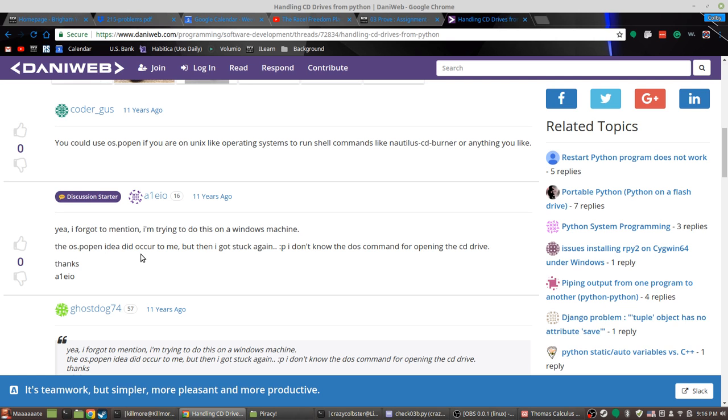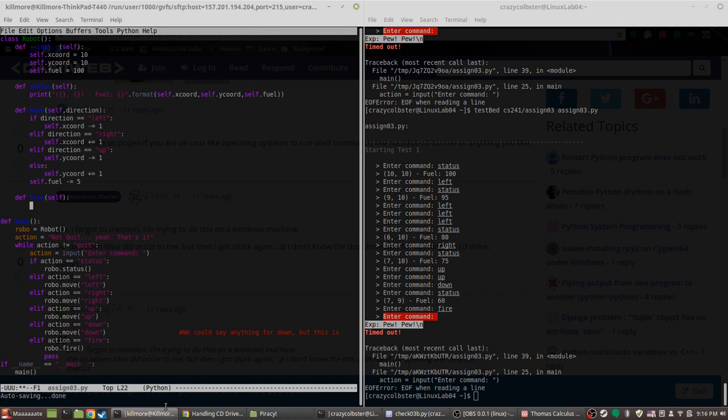Well, no, somebody did a good job at coding. You could use os.popen if you're on a Unix-like operating system to run shell commands. I'm gonna do that. Why? Well, because in this the robot fires and it says pew pew. Just imagine if it fired and the CD tray opened.